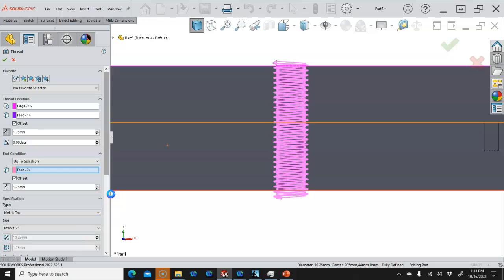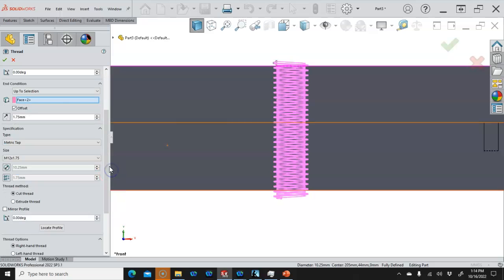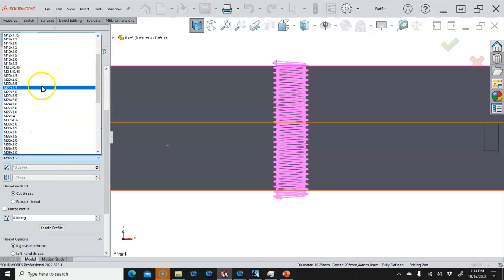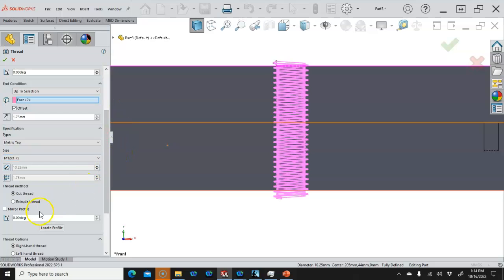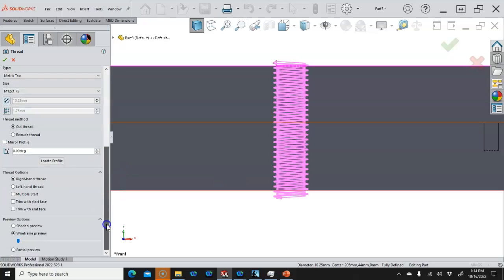Here it found the M12 by 1.75, but if it hadn't, a lot of times it will go to the smallest, but we would scroll down through the list until we find the thread. And this is going to be a cut thread. So if we did the extrude thread, we would draw it at the 12 millimeter and then work on the trim with start face, trim with end face, because it would have to extend past, otherwise it's going to be